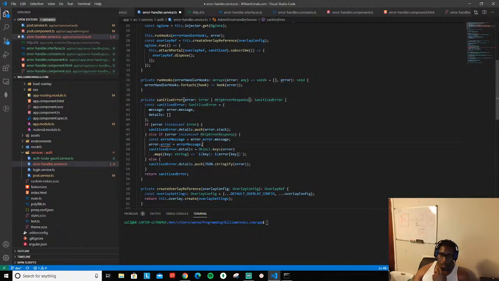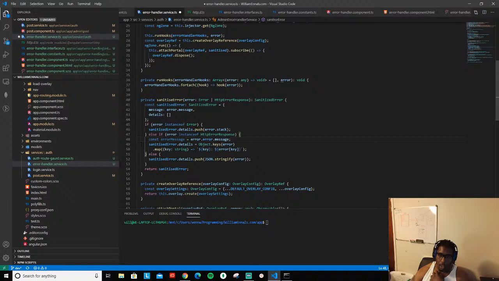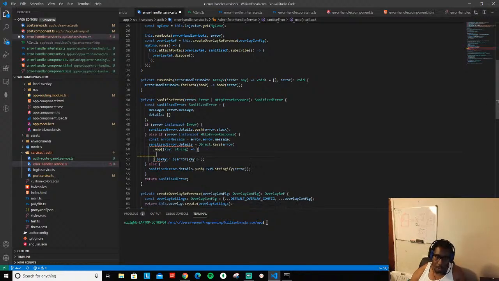Or since we don't really need to change it, we just need to get it. So what we can do here is just say, hey, once it comes to error, we don't want to use that value, we want to get the message. So what we can probably do is go back here like how we did before, and then we'll just say if,